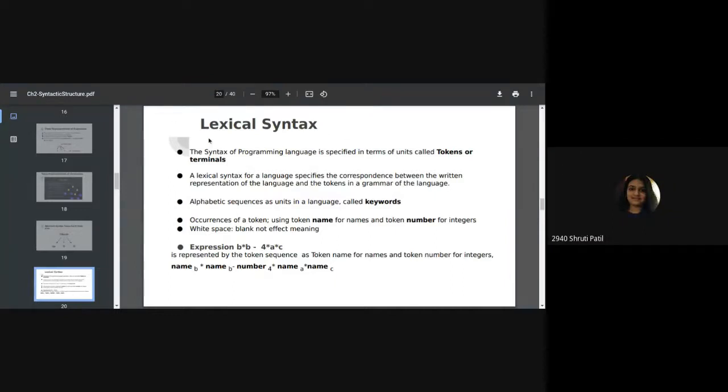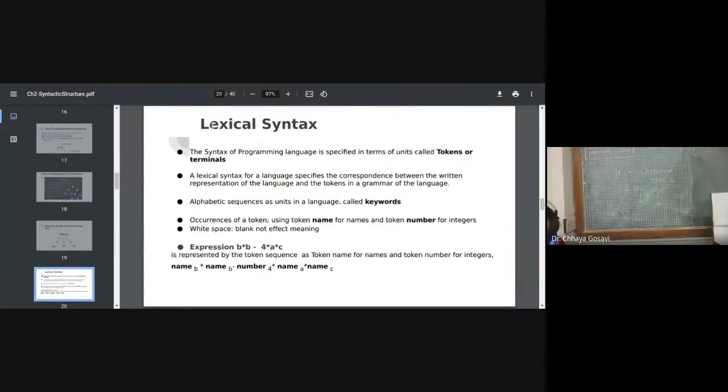Now we'll see what lexical syntax is. Lexical means grammar, meaning how we scan, what we look at, as we want the computer to read it. Suppose I am writing a program: hash include stdio.h, main, opening bracket, closing bracket. Then say integer a is equal to 10. The computer should understand that I am declaring a variable of type integer and assigning it an integer value. We want the computer to understand what we have written. For that, the first step is lexical syntax.